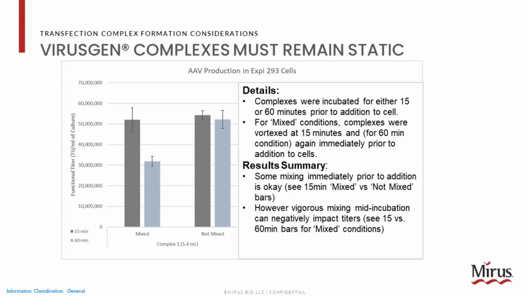One other thing that's very nice is that VirusGen is best formed in static conditions. That means that you don't have to have a dedicated mixing system. You don't have to have agitation or rocking dedicated during any amount of time. After an initial homogenization of the individual components of the complex, you would then be ready to just leave the complex by itself. This would sit for the time that you've determined and then be ready to go. So again, you don't have to have dedicated equipment or a unit operation for mixing.